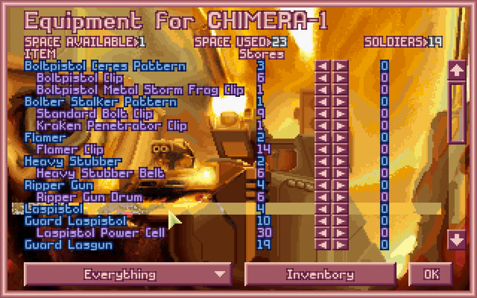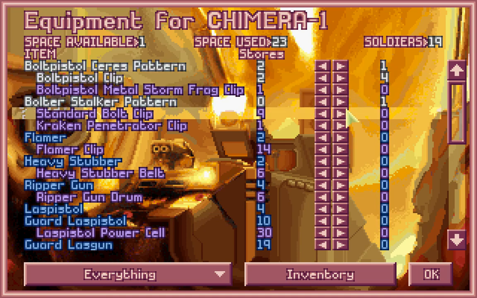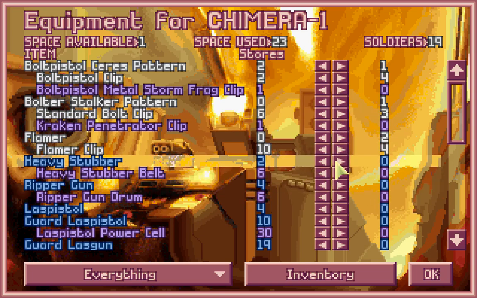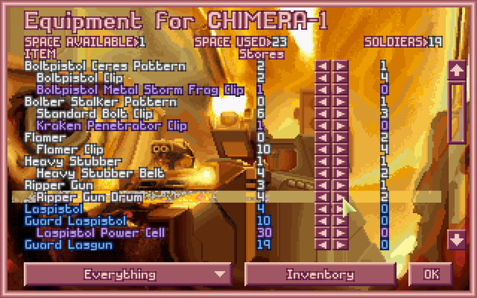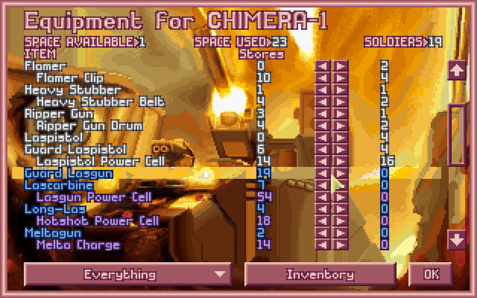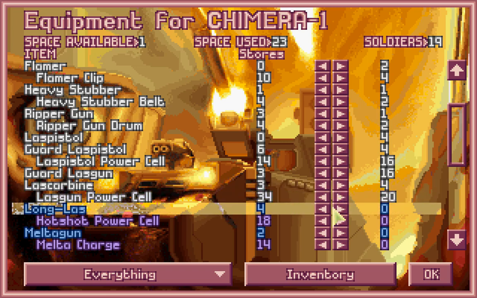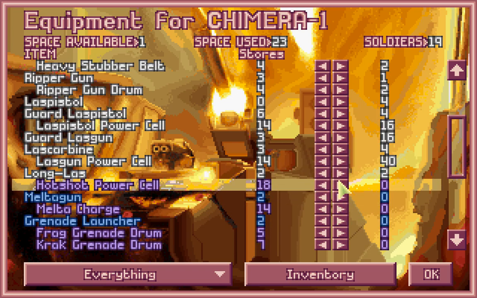Alright, let's load back up our equipment. So we need a bolt pistol, some ammo, bullets, bolter, flamers, just 1 stubber should be fine, a ripper gun, few las pistols, plenty of las guns, and las carbines, with extra ammo, our long lases,